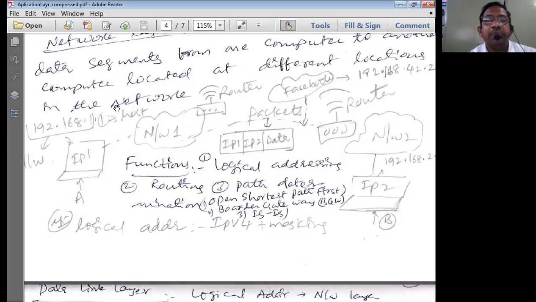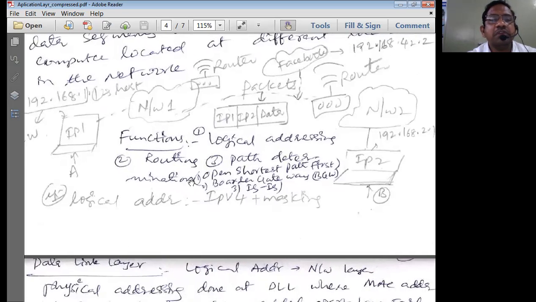This happens using the IP address, the network address, in terms of packets. So it transmits everything in terms of packets. Along with data, the packet has IP address 1 and IP address 2, that is the source address and destination address, and the subnet address. All these things will be given over here.